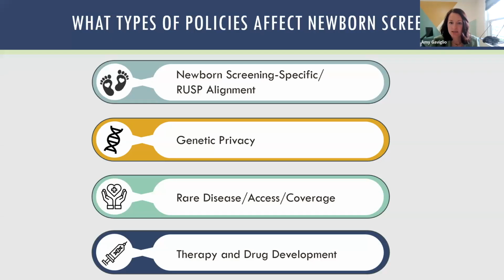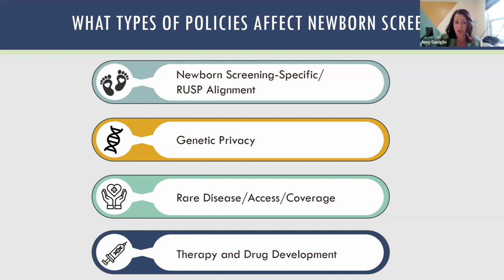Next slide. So as I thought about policy trends in newborn screening, I thought it would be helpful to try to outline the kind of range of policy focal areas that can impact the newborn screening system. So for the purpose of the rest of today, I'll focus primarily on four main areas. We'll start with the obvious. So those are the policies that are very clearly directed to the newborn screening program or focus on aligning state newborn screening programs with the federal recommended uniform screening panel, or RUSP. This plays into some of the examples that Molly just showed.